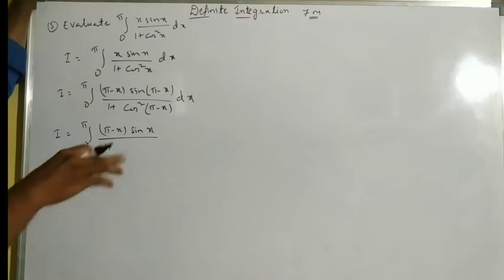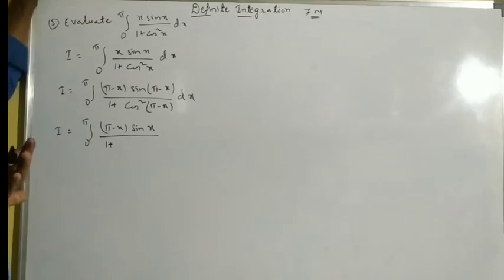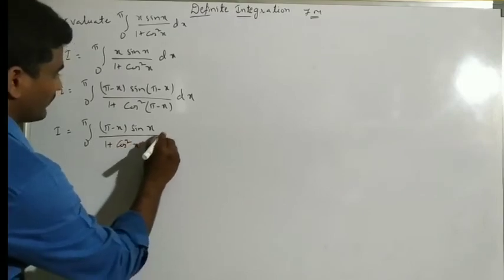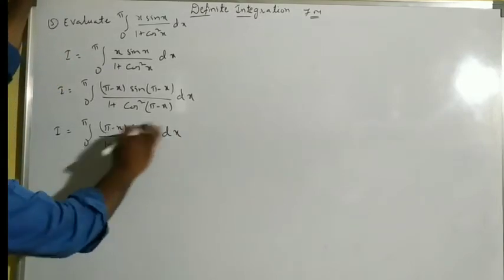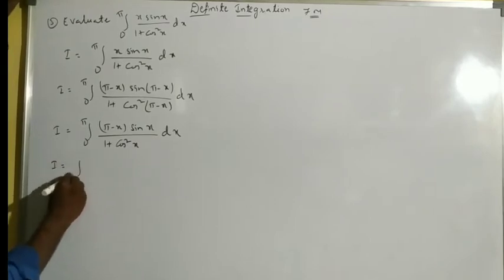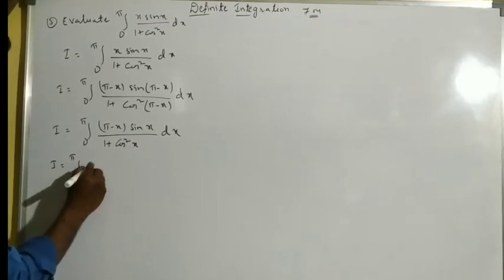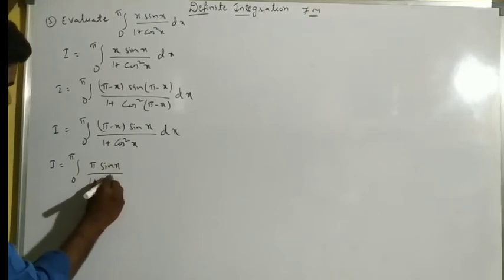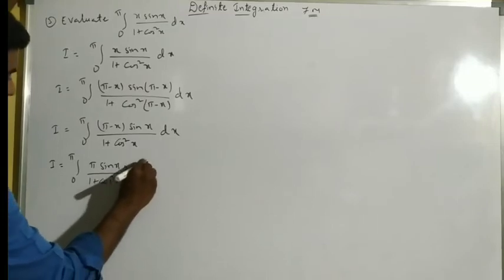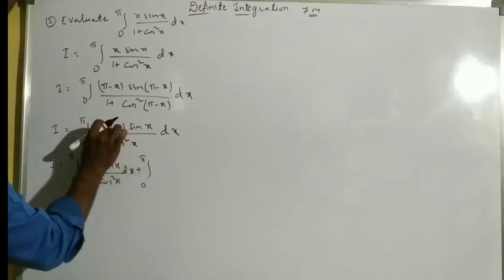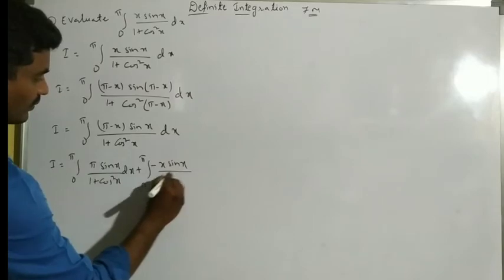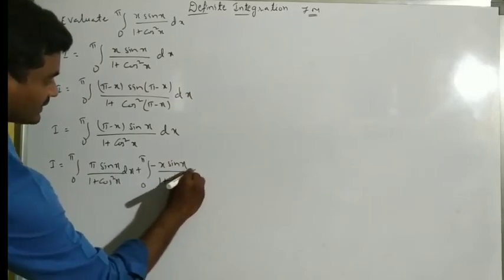Actually it is a negative, but a square is this, that's why it becomes positive only. And 180 plus theta change, cos only, sin only. So it becomes cos square x only into dx. And when I take separate here, I equals integral 0 to pi of x sin x by 1 plus cos square x dx plus integral 0 to pi of minus x sin x by 1 plus cos square x dx.